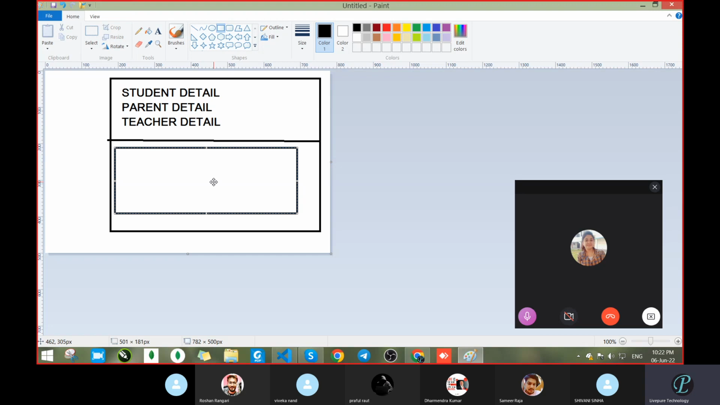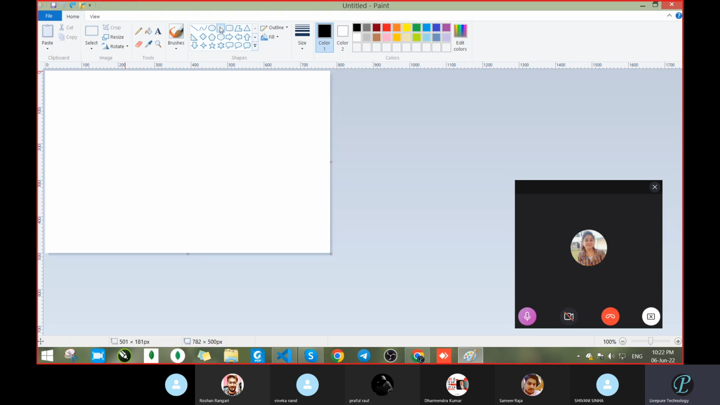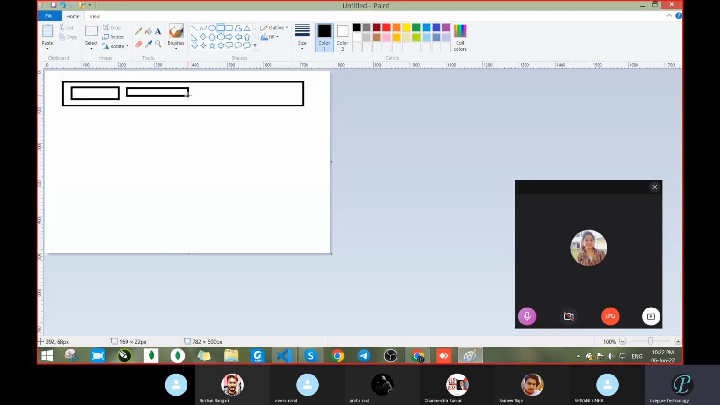So how will we decide the student, parent or teacher? So we have the navigation bar. We will create the navigation bar. And in the navigation bar, suppose we are going to create that this is your student, this becomes your parents, this becomes your teacher. Suppose that three sections are there. When you are going to click each section,